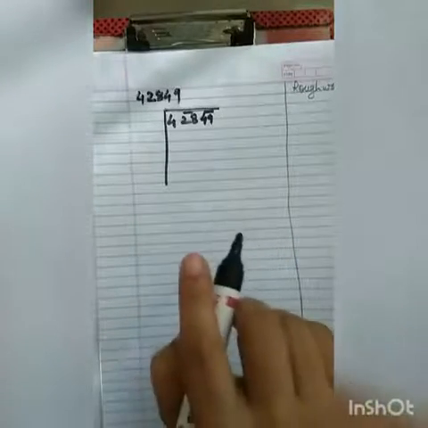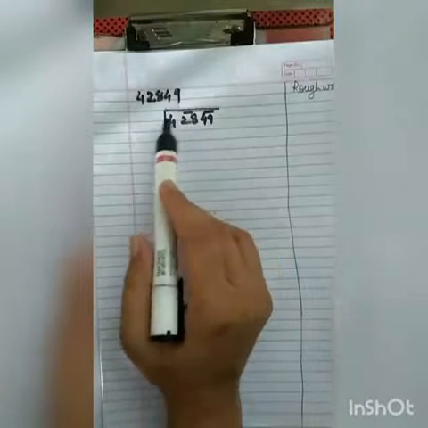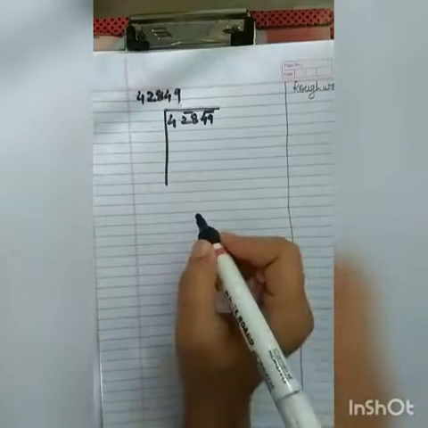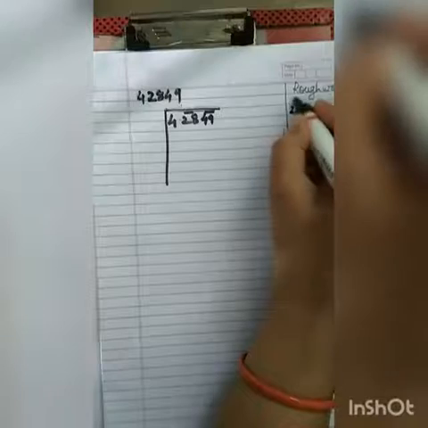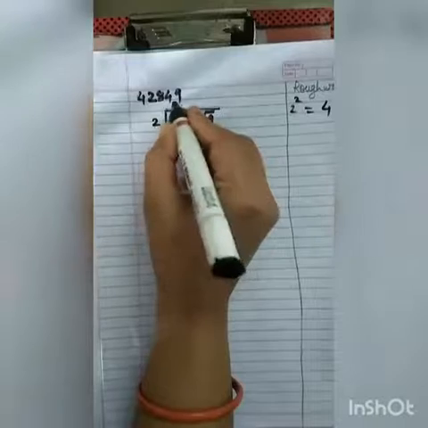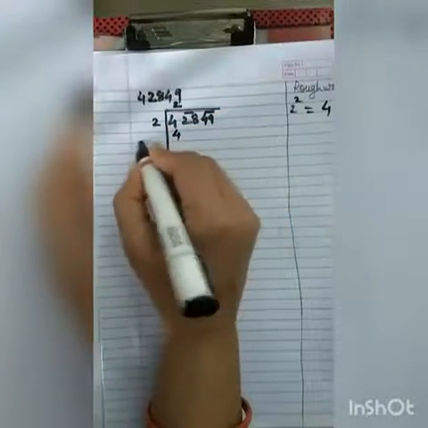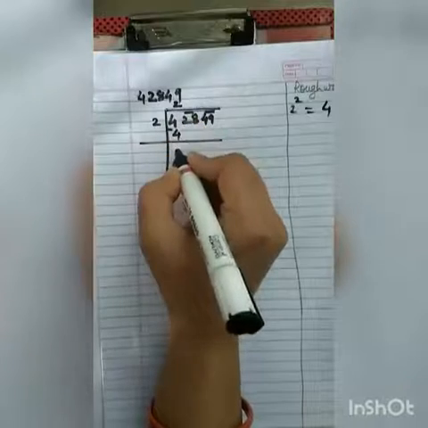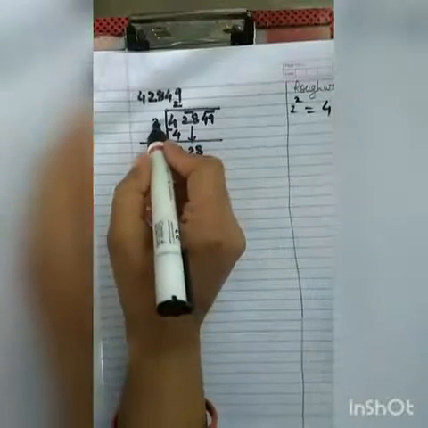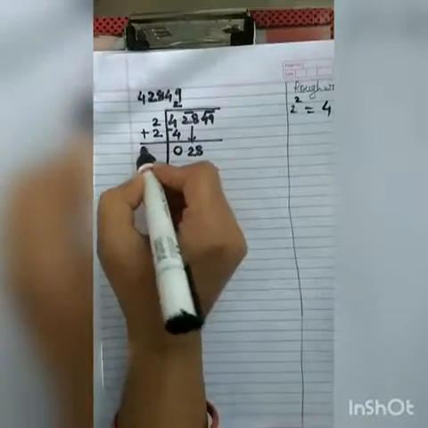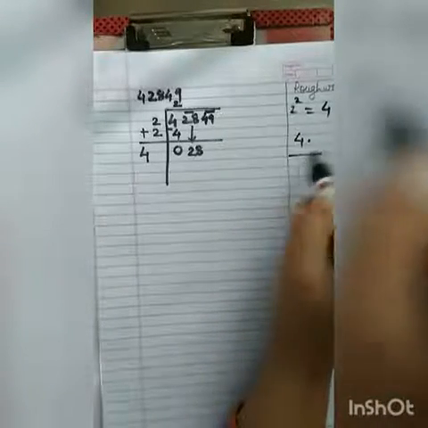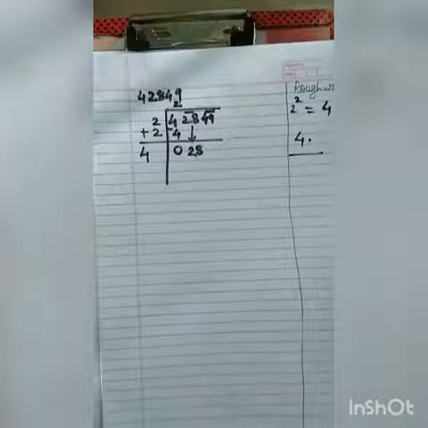Now what is our first step? After pairing, we have to take a number whose square is nearer to 4 or equal to 4. And we know that the square of 2 is equal to 4. So we will take directly 2 here, and we are getting 4. Now 4 minus 4 is 0. So we have to take this pair 28. Now 2 is at the unit place. 2 plus 2, here it is 4. Now I have to multiply something in 4 so that I get nearer to 28 or equal to 28.